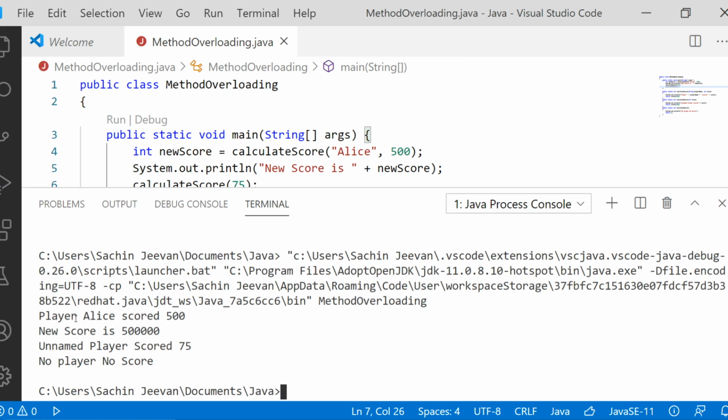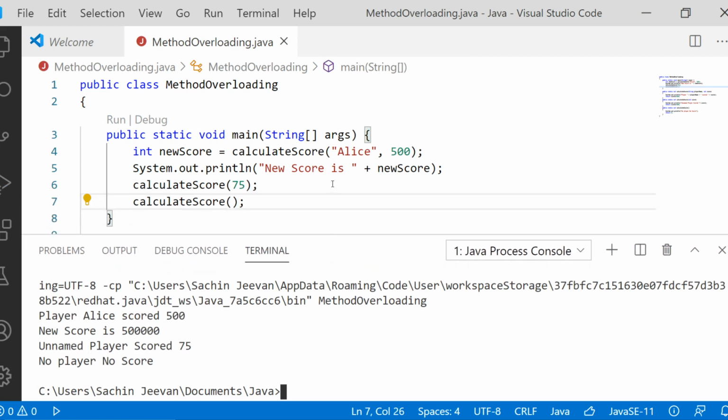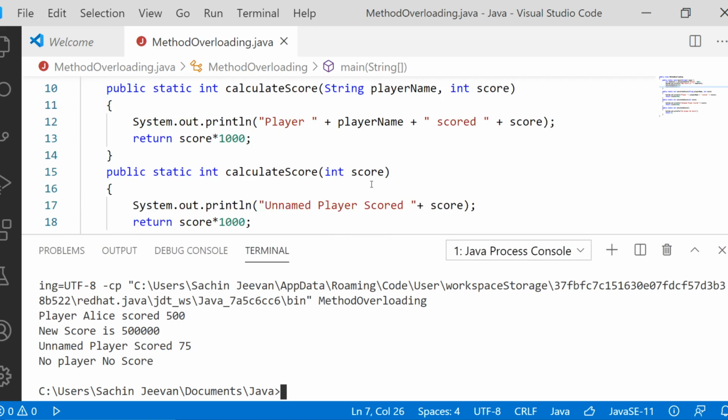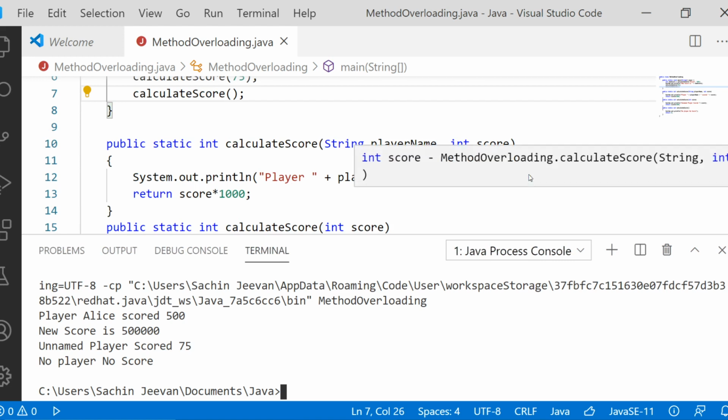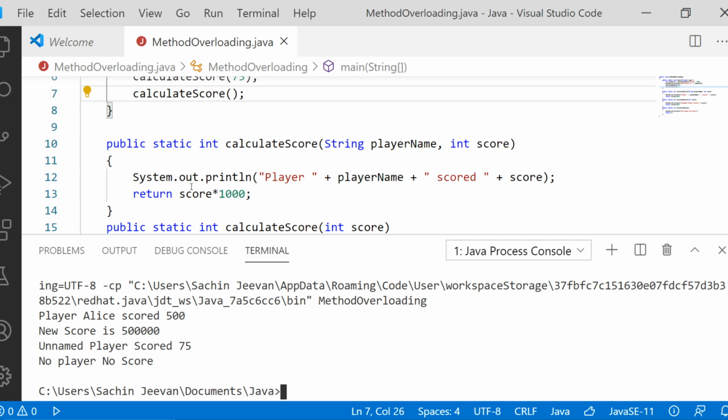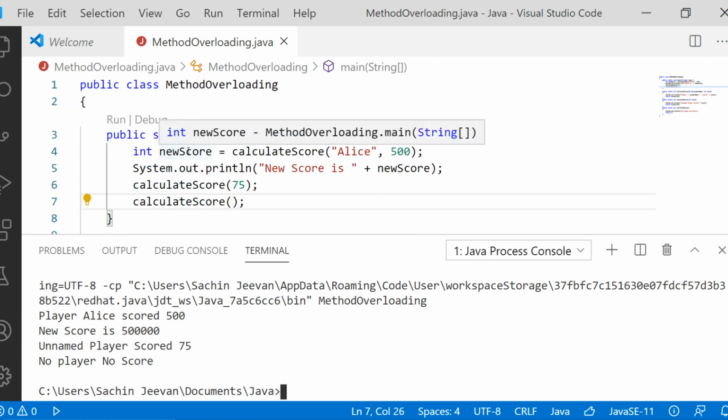See here, player Alice scored 500. The first thing is the player name and score, and a final score of 500 multiplied by 1000 will be given, and that is the new score.